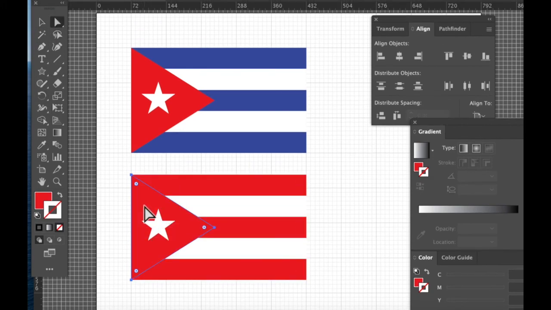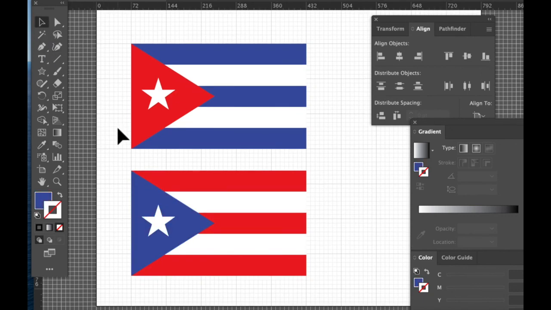Now I can do the same thing for the triangle. So I'm going to take the white arrow, click once on the triangle, and then take my eyedropper and pick the blue, and now I have both flags complete. So flags are a really nice way to practice